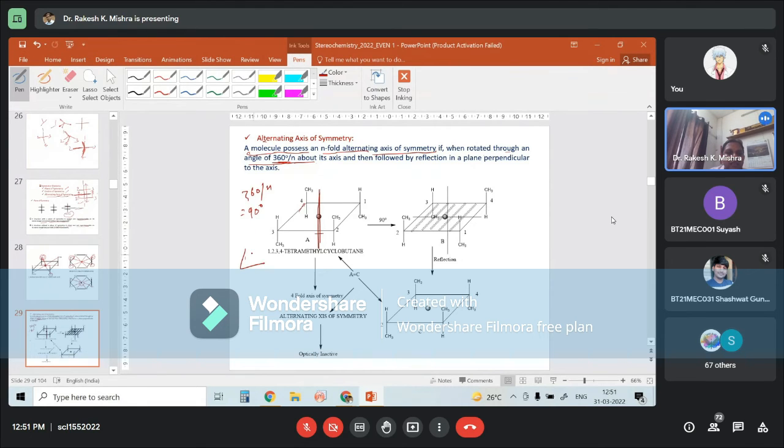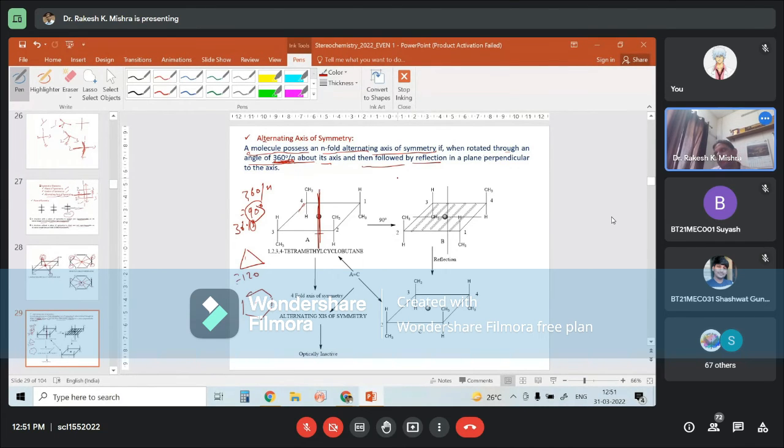If it is a triangle, 360 by 3 will come to 120. Pentagon, hexagon similarly. So based on that you can decide the degree. So 360 by n about its axis, and then followed by